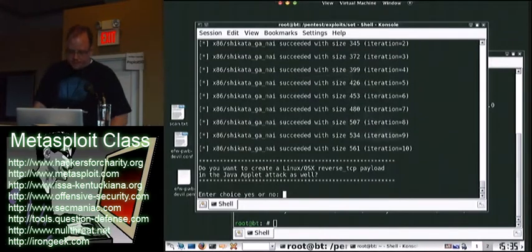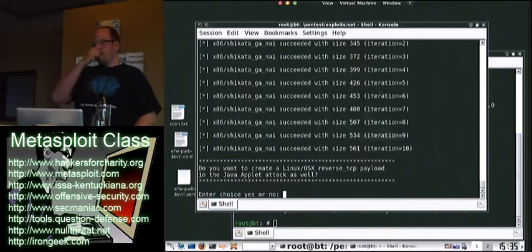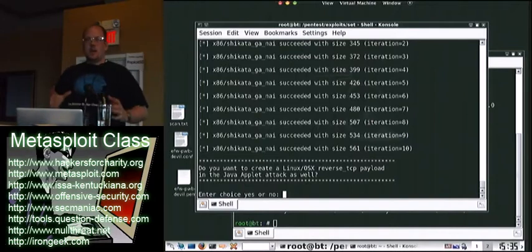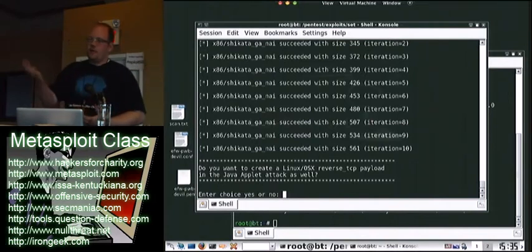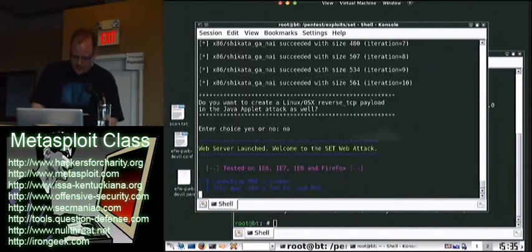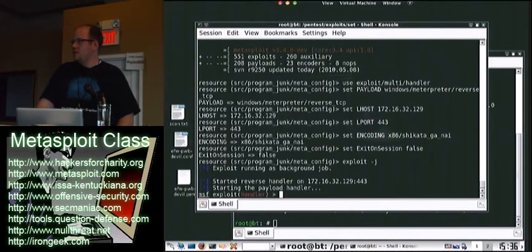So it's encoded. Now, one thing about this attack is it's not only for Windows. It does work on Linux and it does work on OS X, so it's multi-platform. So based off of what you're browsing with, your user agent, it'll say, oh, hey, you're Linux, I'm going to shoot you over this payload. Or hey, you're Mac, I'm going to shoot you over this payload. Or hey, you're Windows, I'm going to shoot you over a whole bunch of payloads. So we're not going to do those right now. By the way, if anybody has any questions, I'm going through this, feel free.